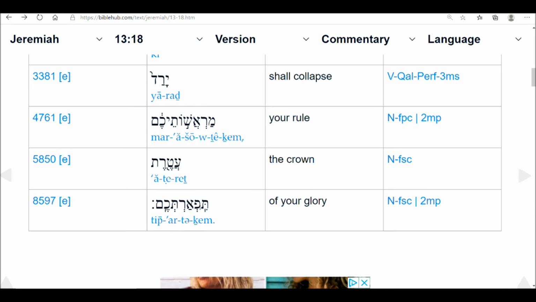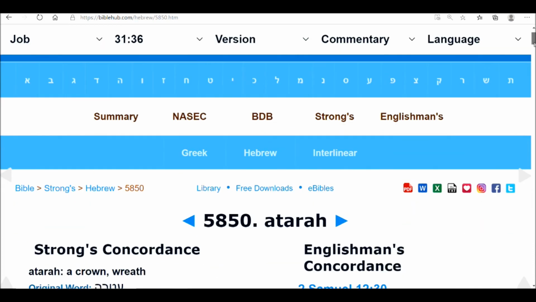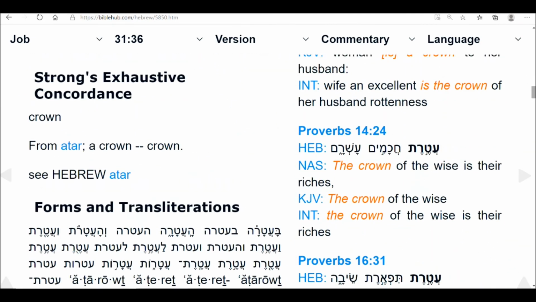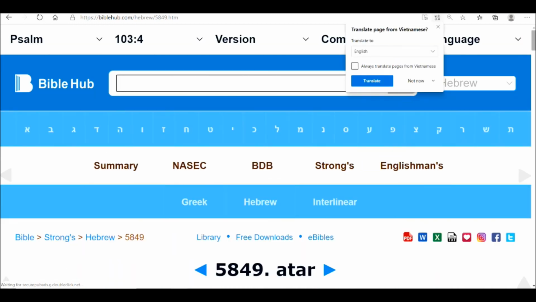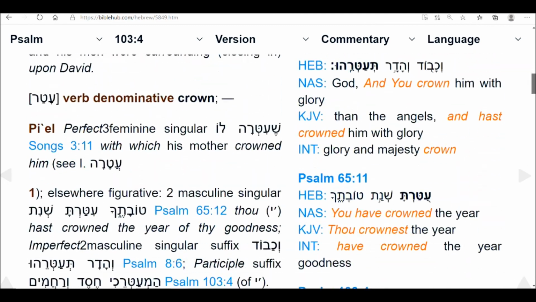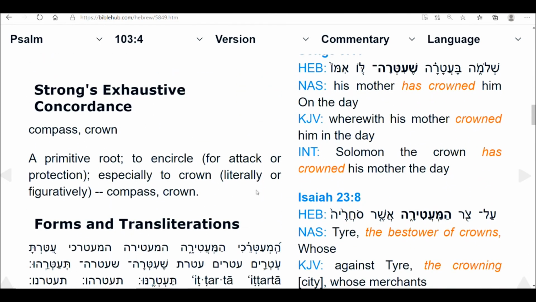5850. Go back one word though, because it's crown. Go into 5850, and let's just extrapolate out a little bit. Render it down to 5849. So there's the compression of the primitive root. Again, if it's the trunk of the tree or the foliage of the tree, we're going to the root ball, and this is what encircles you, right? This is everything that encompasses you in and out.